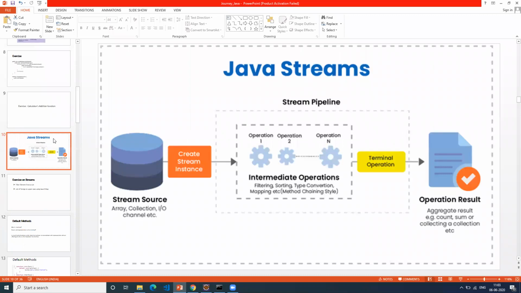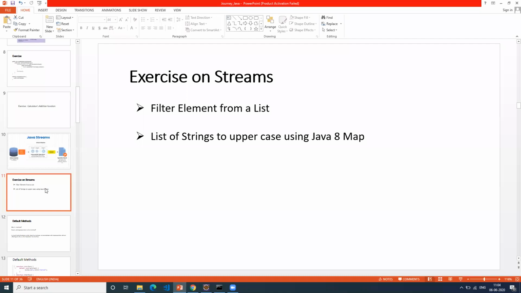And then we started understanding Java streams, what is a Java stream, how my source information will be filtered out or processed, process the result and then give the output, or the desired output, based on my requirement. So this is covered in Java streams, and we did some experiment with filtering some elements on the list and making some list operations on that.